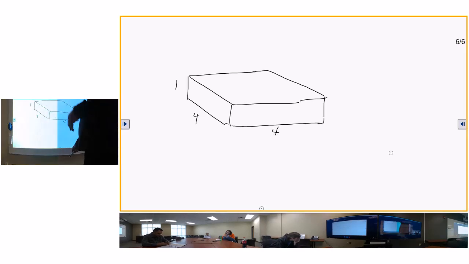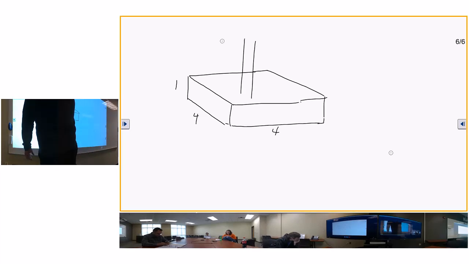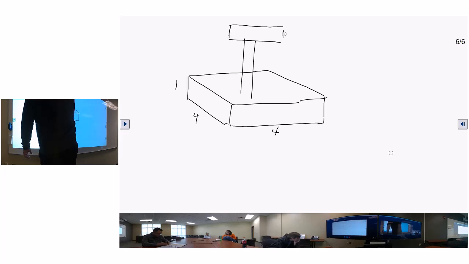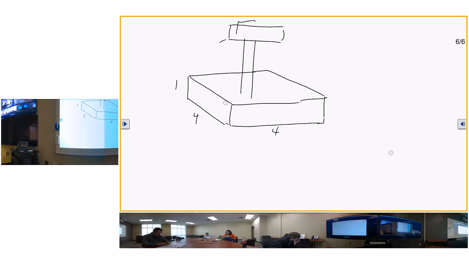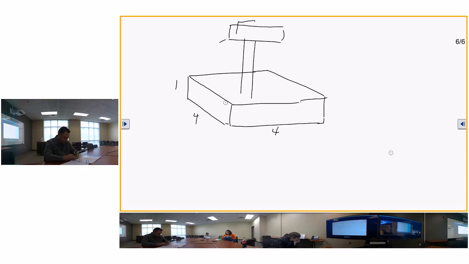So you make a box and you do 1 foot by 4 foot by 4 foot. Everybody with me? And you're going to put the post in like this, and then there's the mailbox, and that's how you do your mailbox in Florida because you can't dig a hole. Anyway,